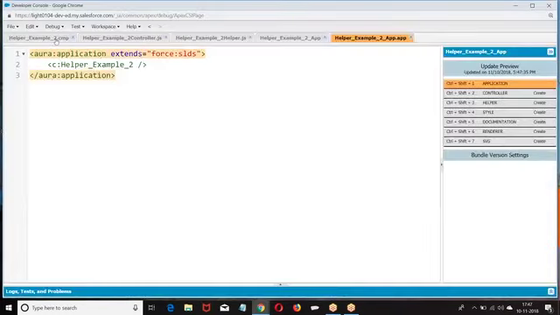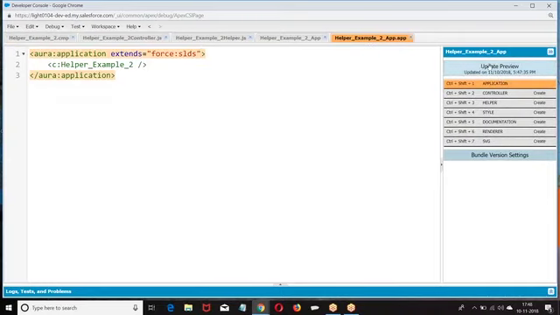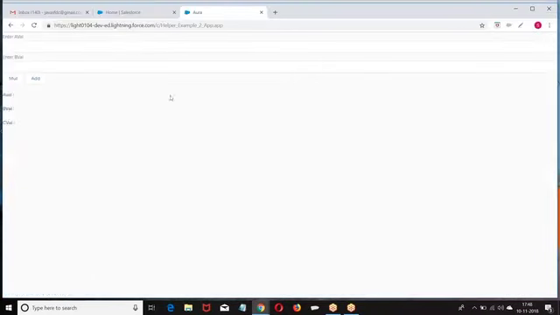Then I had some bug here. I guess I gave label. This is how we got it.